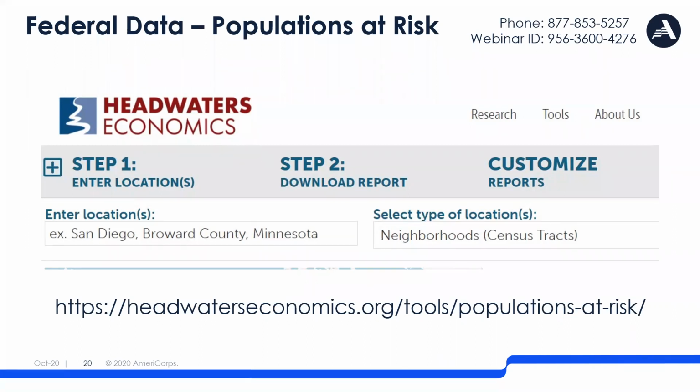And this is called the Populations at Risk tool. And it was developed again by a local Montana nonprofit called Headwaters Economics. And they use this data to inform community planning and land management decisions. It's an amazing resource that was actually passed along to me by some previous VISTAs who know I'm a kind of a nerd about this and knew that I would find it valuable. So all you have to do is visit this website, insert the name of the community that you're working with, and it will generate more than